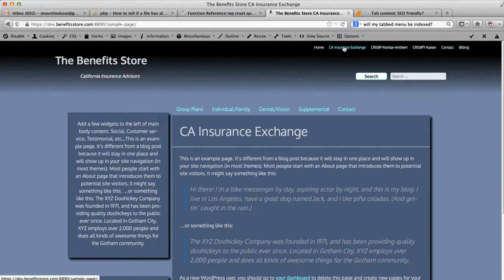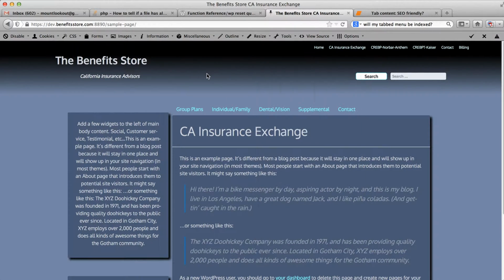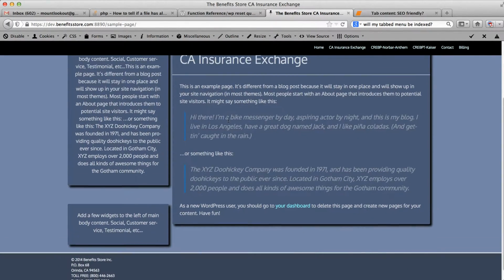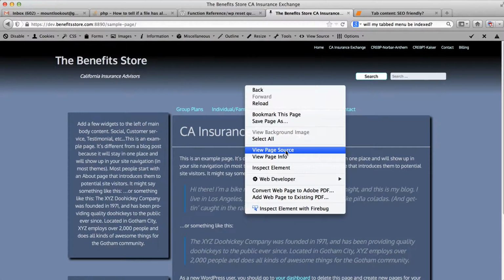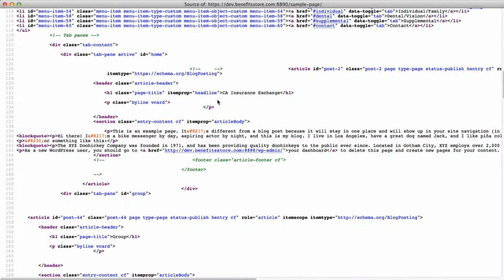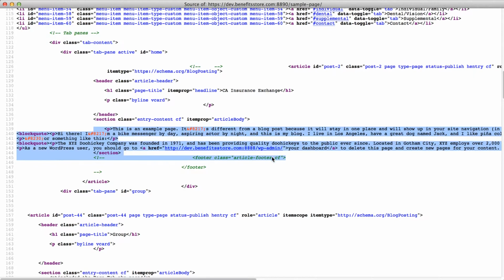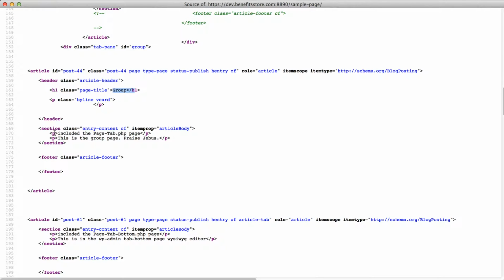What happens is, let's say we land on this California Insurance Exchange, which is an individual page with its own unique URL, which will get indexed. So the user lands on this page. However, if you look at the source of this page, all that's on there is that article, the California Insurance Exchange article. But the search engines see the page source. And so we see the California Insurance Exchange article, all of its content, and that's all that should be there, right? Well, unfortunately, it also shows your tabs, the group tab, all of the group tabs content,